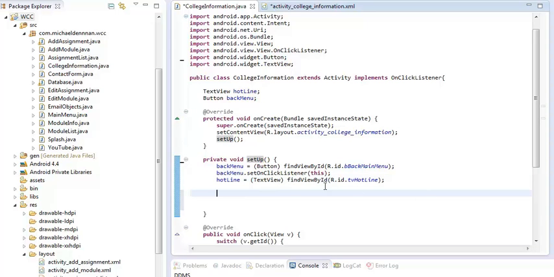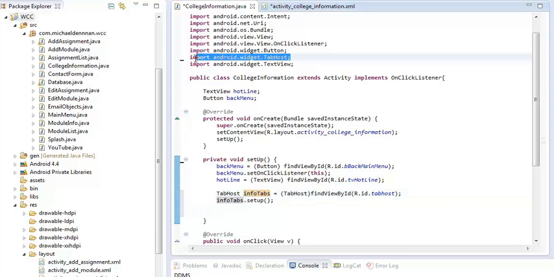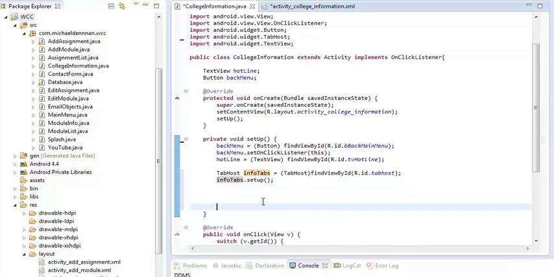Then we need to create a TabHost so the tabs are displayed. This is done by creating one and giving it a name, info tabs. This is then imported so we can use the methods. We've linked it up to the activity with the TabHost ID, which was in the XML layout earlier. Then we can use the setup method from the TabHost from our info tabs, and once the TabHost has been set up, we can then make a specification